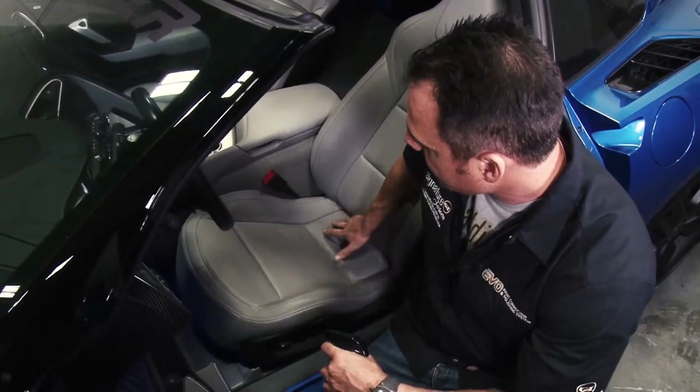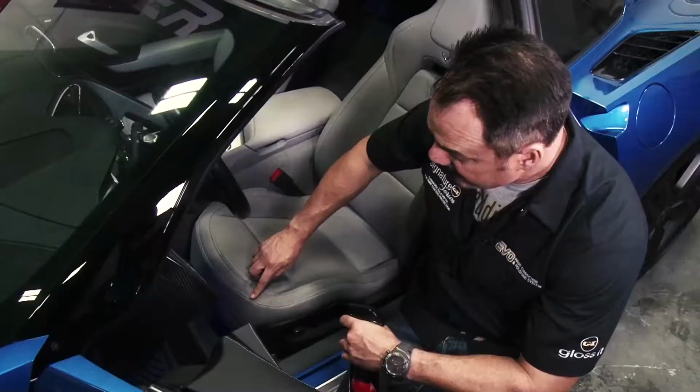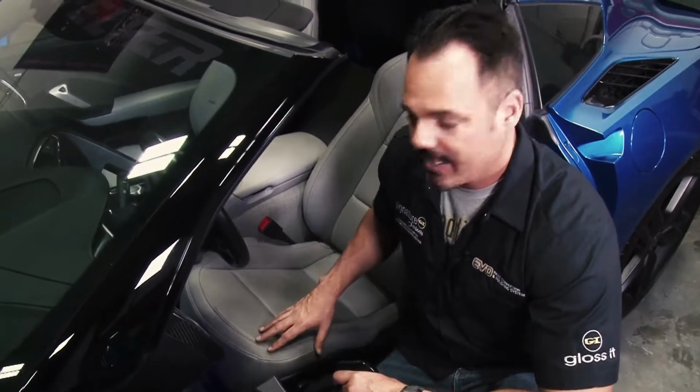As you can see, we've got a gray leather seat surface here, and if you look on the bolster, you can see a lot of dirt that's embedded into the actual bolster. One of the tips that we give when we do tech classes is how do I effectively clean this leather without damaging it. A lot of the elements outside, the sun and the sweat from your skin can dry out your leather or vinyl seats, and we want to revitalize the surface and bring it back that